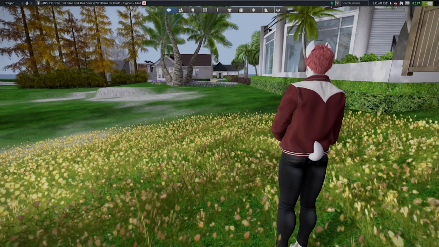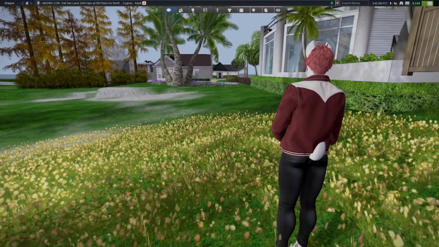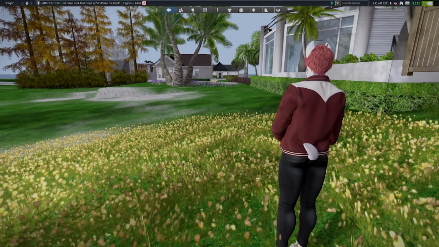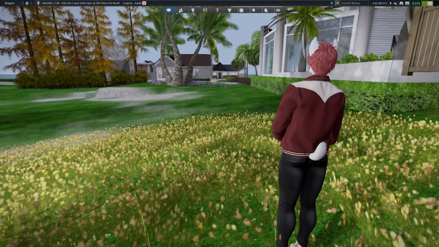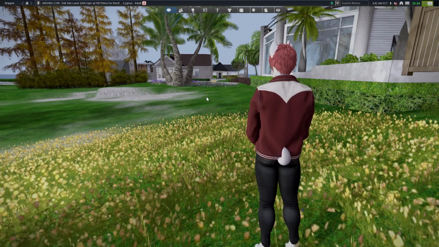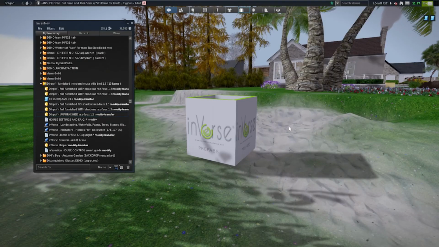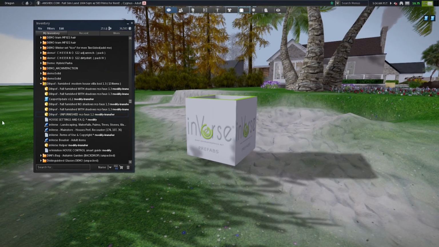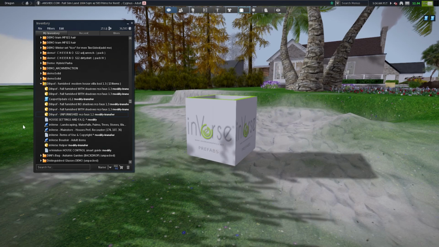The homes that they have for what they charge are actually really nice looking, and they also have this clean contemporary look, which I think is going to be nice for this video. But I will be leaving links to other stores that I would recommend for both mainland homes and skyboxes in a pastebin file. So I've got one of the homes here unpacked into this folder,